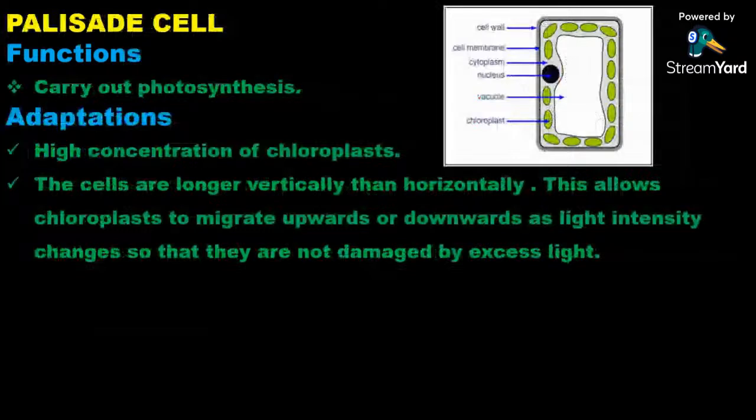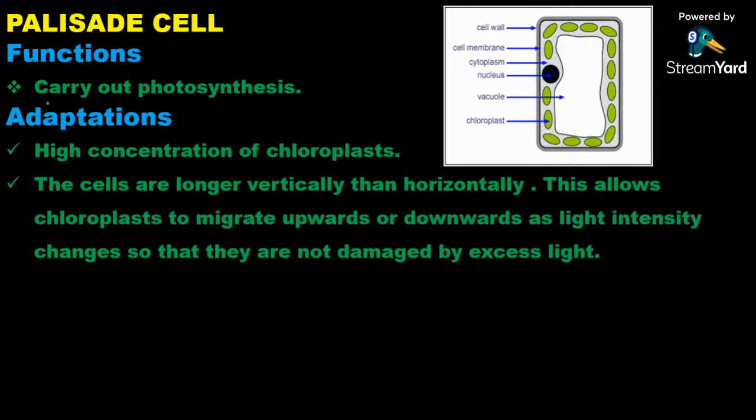Okay, so let us look at the palisade cell, and this is a typical plant cell. Before we even start looking at this, all these cells that we've discussed, you should know where they are found, which organ or which part of the plants or animals. I've just given you a task to do. That is very important. Then the palisade cell, what are the functions?